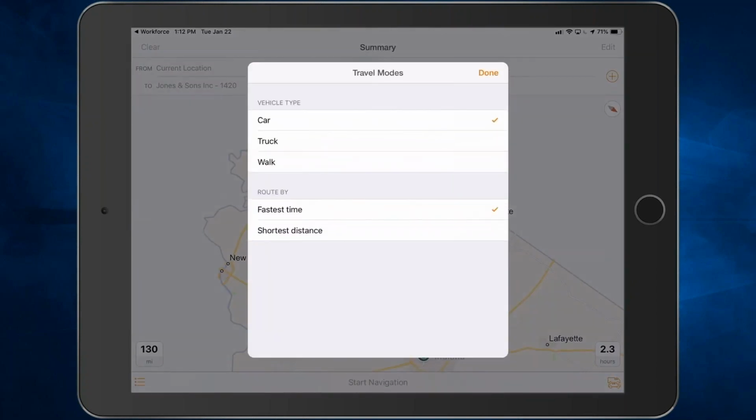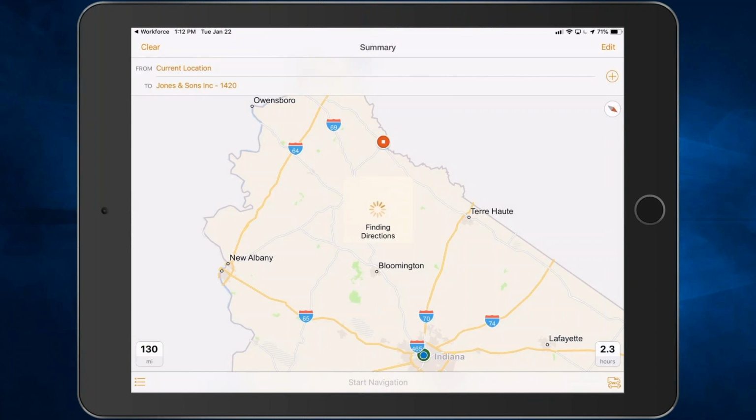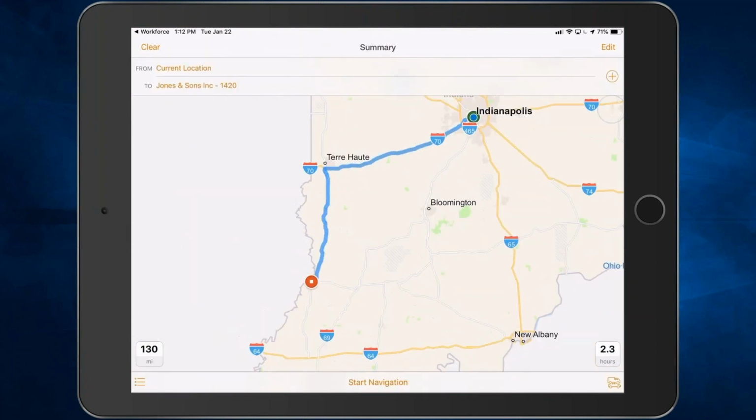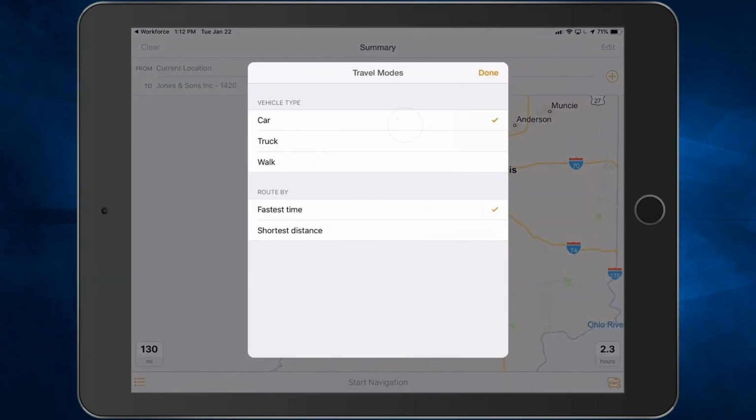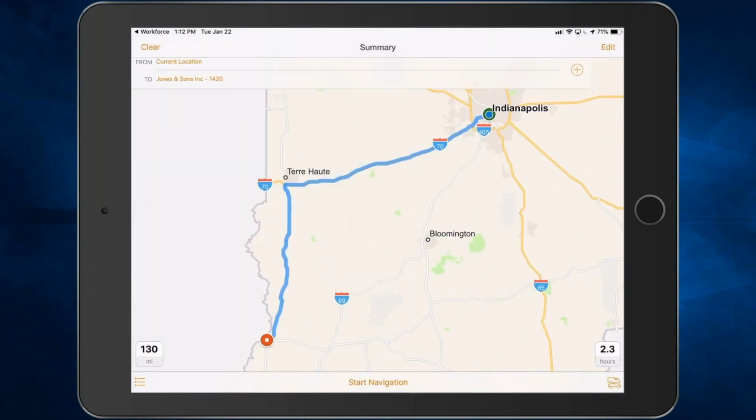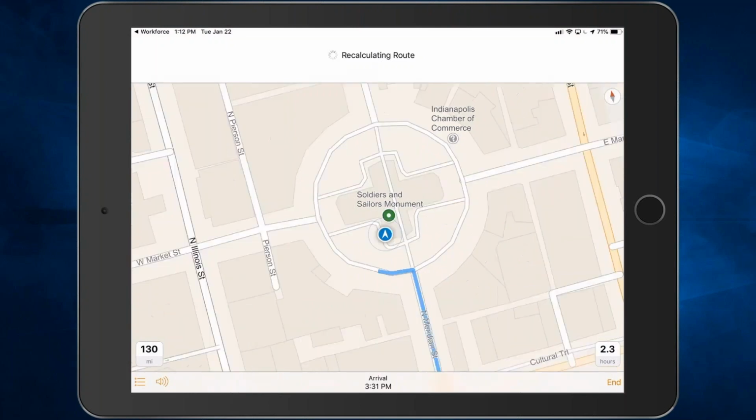I can also control what kind of navigation I'm doing, whether I'm in a car or truck, and that might influence my overall route that gets generated. I'll change that orientation so it's a little bit better there. But I'm in a car, so I'm going to leave it there. So I can modify these things, and all this can be done completely offline. When I'm ready to go,